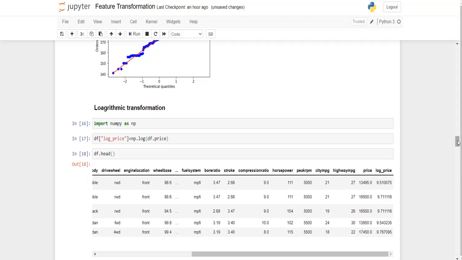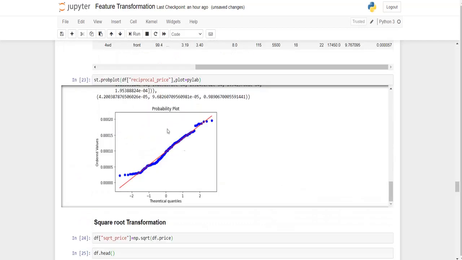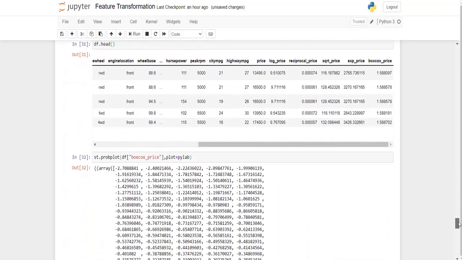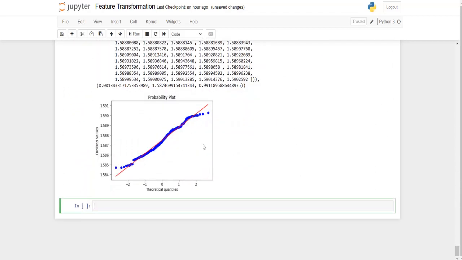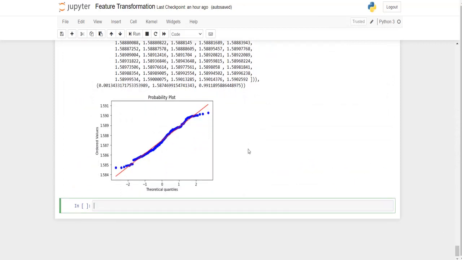Initially, we applied logarithmic transformation, which provided a good result. The reciprocal transformation and Box-Cox transformation have also provided good results. So the data has been transformed into normal distribution with the help of the Box-Cox transformation as well as the square root transformation. So you can try different transformation techniques for different features. That's all guys. Thank you.